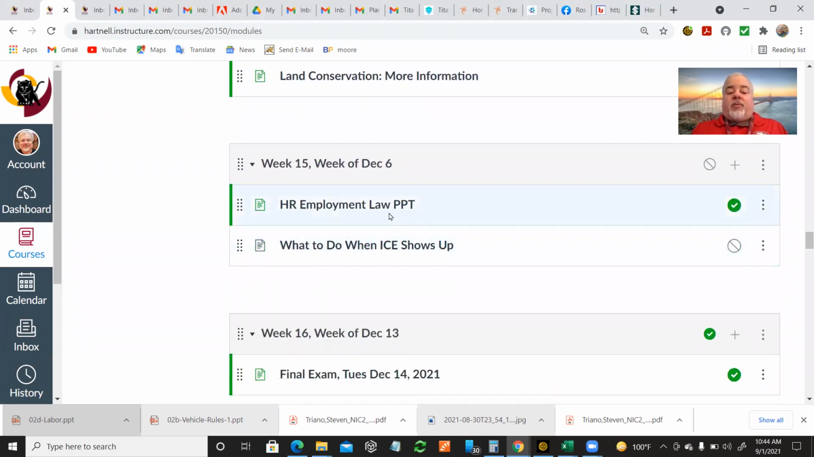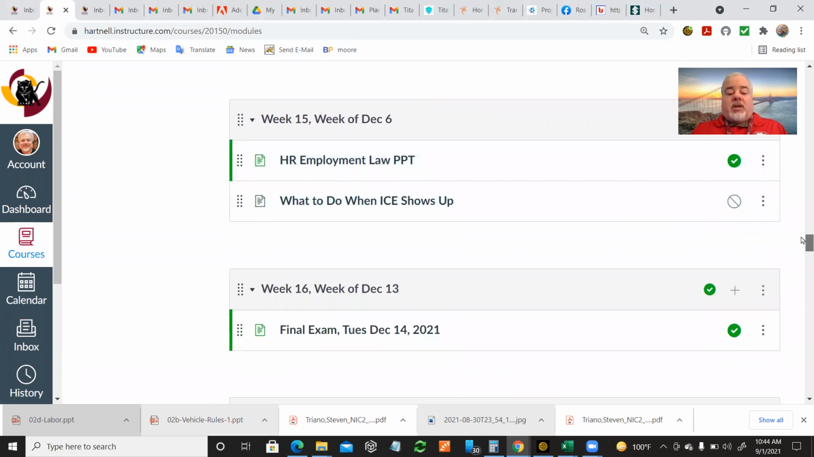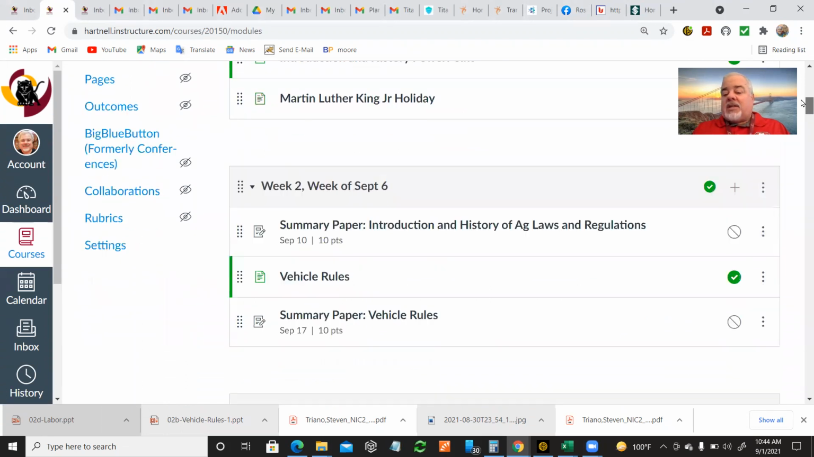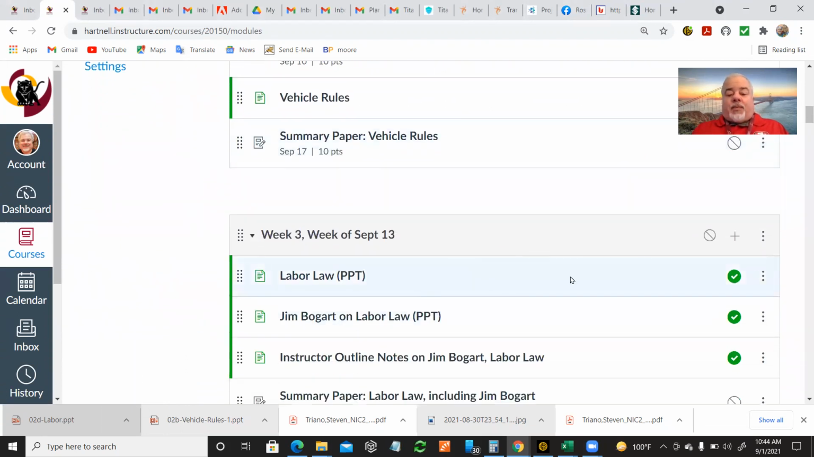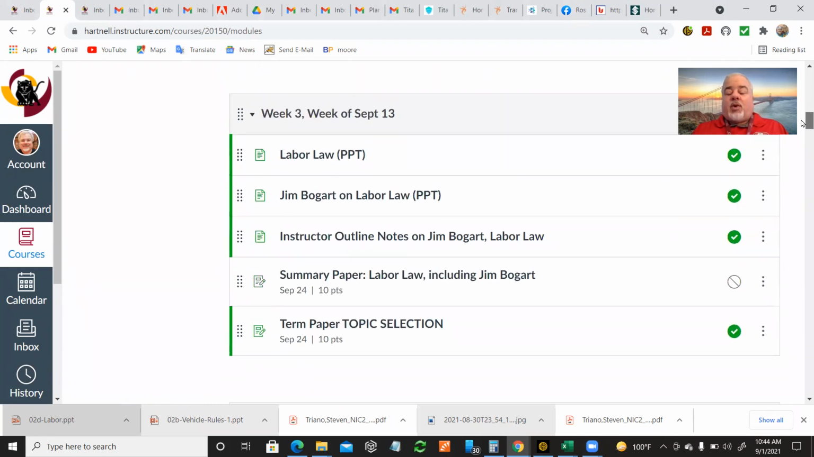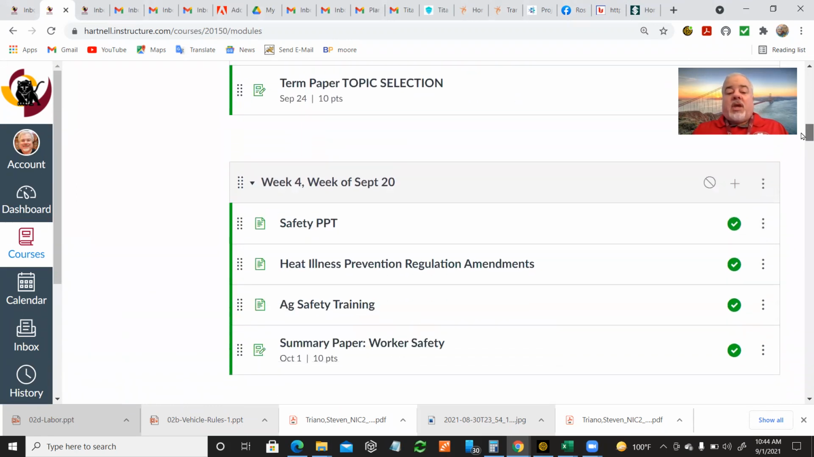And employment law from a human resources standpoint. So all of those things will be covered. And I haven't opened them yet because I haven't finished the presentations, but by the time you see this, labor law will be open through week 3. The rest of these are all topics you could consider